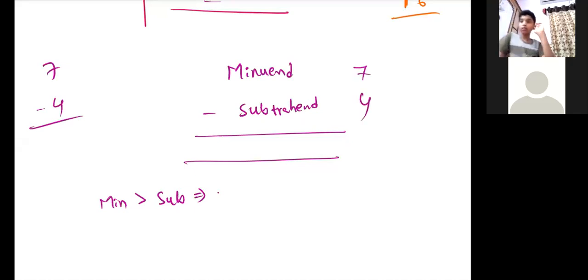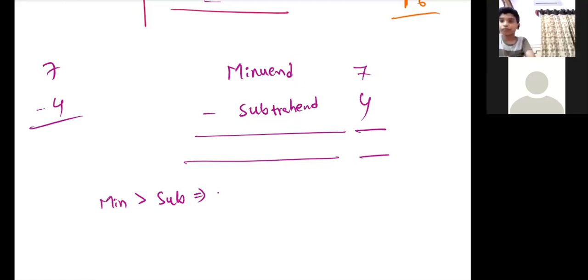Don't mute yourself. Just wait. Satvika, you're confusing. 7 minus 4 is possible or not possible? Okay, sorry, sir. Understood. Where are you till now? Stop chatting. Last class we did addition, sum. Don't write anything in the chat box. If you have any doubt, directly you can ask me. Everyone, don't write anything.